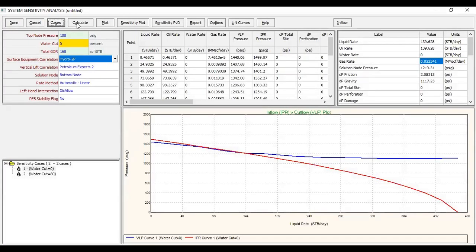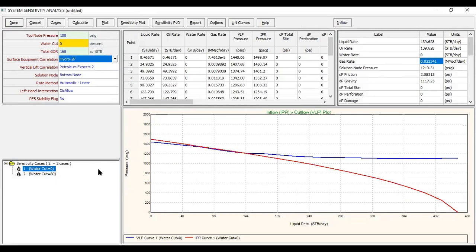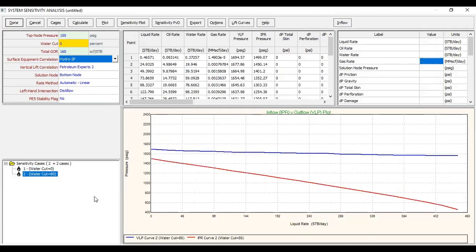Now you can calculate. You can see for water cut of 0 there is an intersection, the well can flow. But at water cut of 80 there is no intersection. There is no liquid rate, no oil flow rate, no intersection. This one, the VLP, is the blue one.